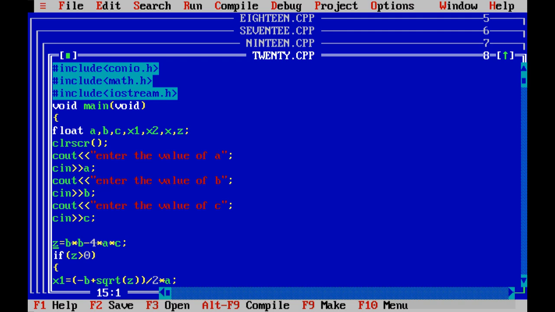So for the quadratic equation we have three cases: b square minus 4ac greater than, lesser than and equal to 0. So rather than writing b square minus 4ac again and again, I have calculated the value of b square minus 4ac and the value is placed in the variable z. So whenever z is there, it means that b square minus 4ac is there. So first case,